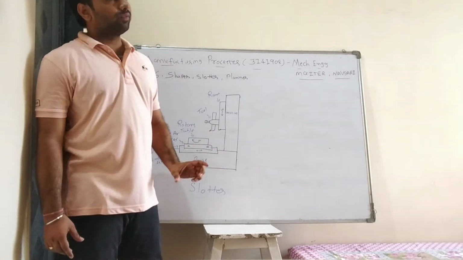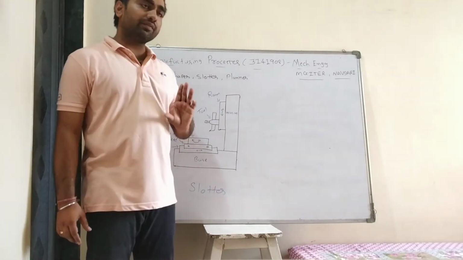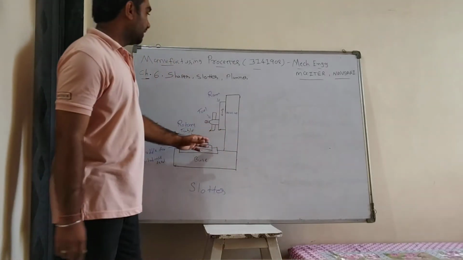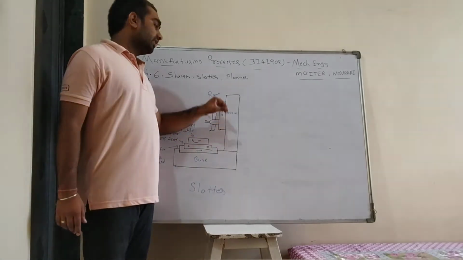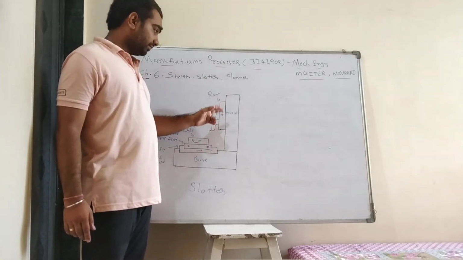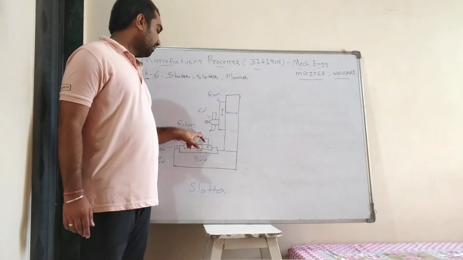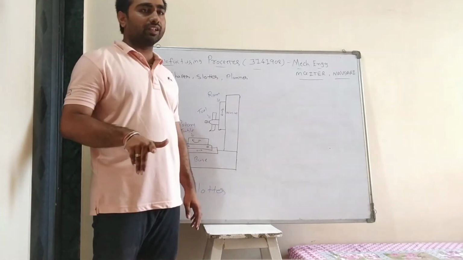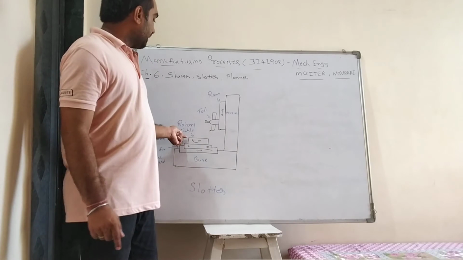So maximum force is applied in this mechanism in the forward stroke, which means the cutting stroke. In the figure, this is the tool, and it is a ram. It is a reciprocating movable part, moving up and down, and the tool cuts the workpiece put in the rotary table. The rotary table can rotate 360 degrees, and